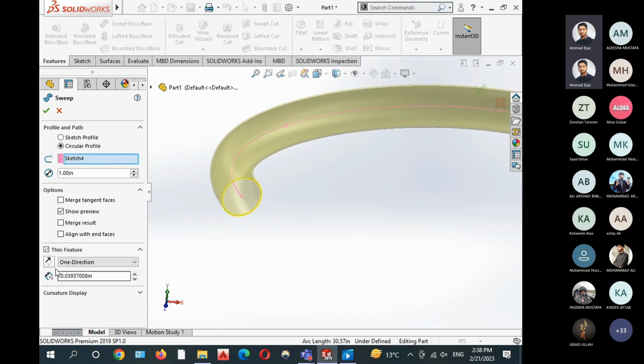By selecting this thin feature, you have created a profile of about 0.03. Let's say I want to go with 0.1 inches. This is the thickness of our pipe. It will create a cross section of about 0.1 inches in thickness and 1 inch in diameter, and it will